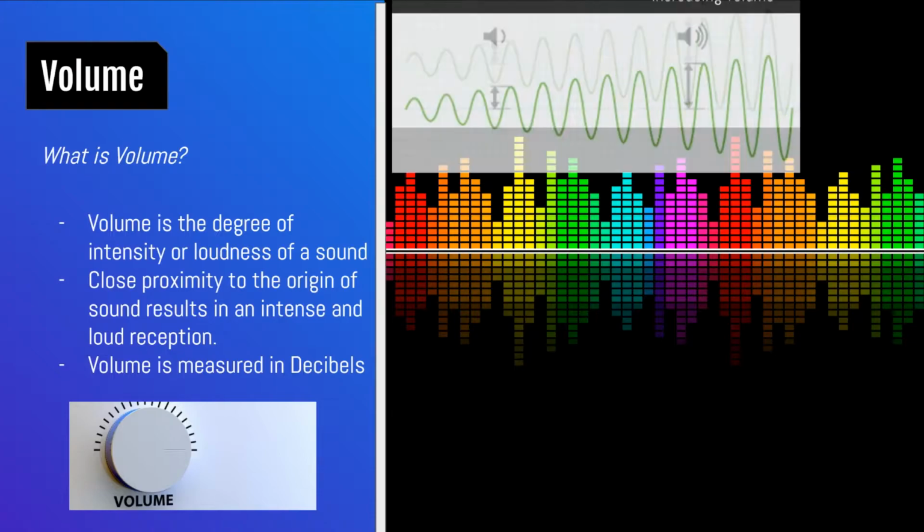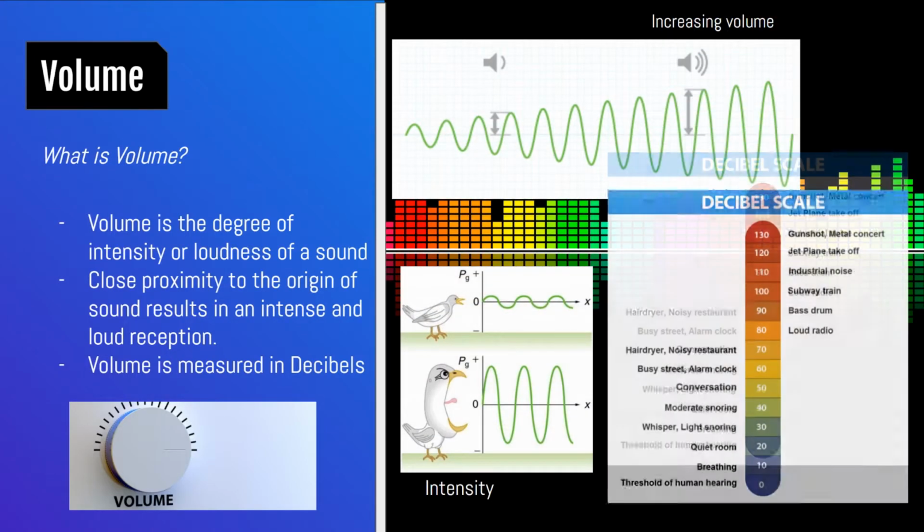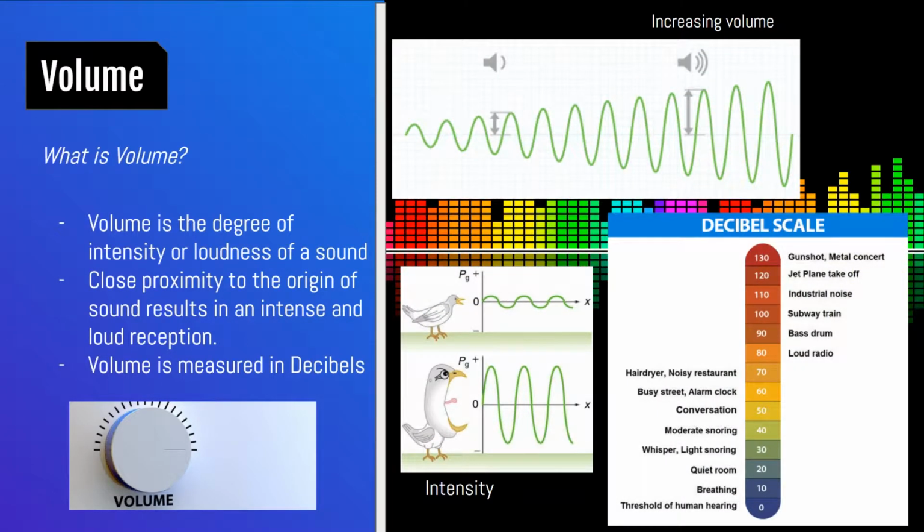A sound can be interpreted as extremely loud or intense when within close proximity to the origin of the particle disturbance. This is measured in decibels. Decibels are used to express the ratio of one value to another in a logarithmic scale. Volume is a useful tool in the industry as it allows users to control the intensity of the sounds. A particularly strong way volume can be used is in films. For instance, in intense fight scenes, music and sound effect volume are significantly increased, encapsulating the audience and enhancing the